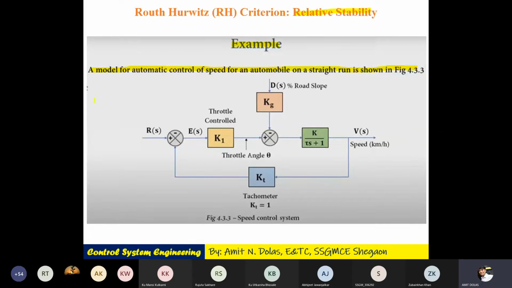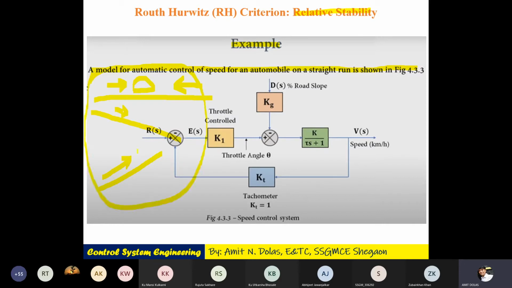But what happens if I have a straight road? There may be automatic acceleration or deceleration due to air from the opposite side of the car. There might be a positive slope, meaning down slope. There might be up slope. If there is a down slope, then your car will take more speed. If there is up slope on a straight line, then your speed will be affected. Of course, it will be reduced. So whatever may be the slope, whatever may be the external parameters, your speed should be 50 kilometer per hour.